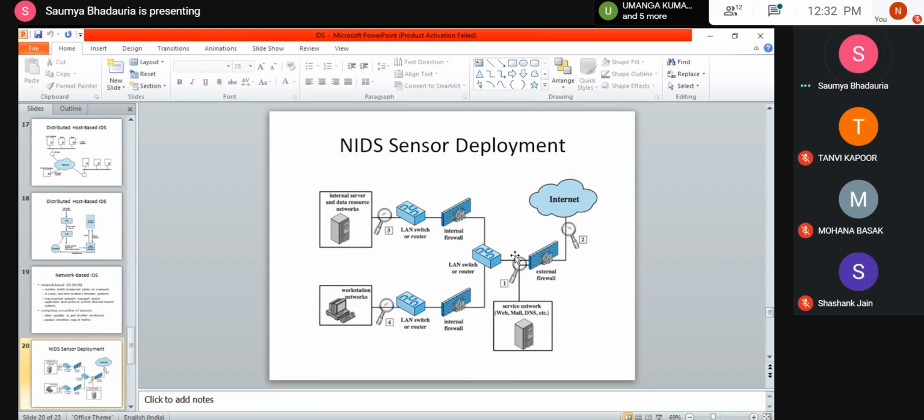Also, if there aren't any proper network policies at the firewall level, your problems at this firewall level will be highlighted by this NIDS sensor. Clear? So talking about the incoming traffic, your incoming traffic is majorly monitored by